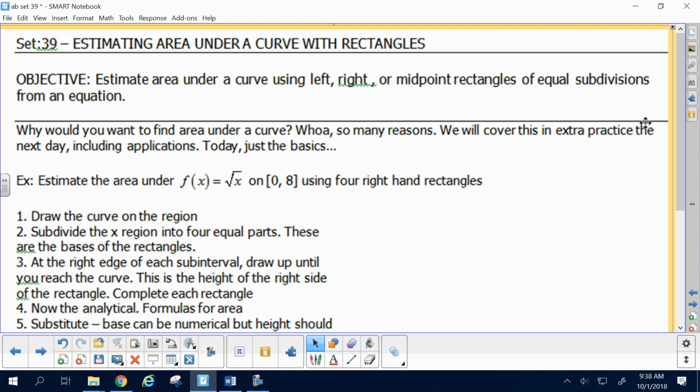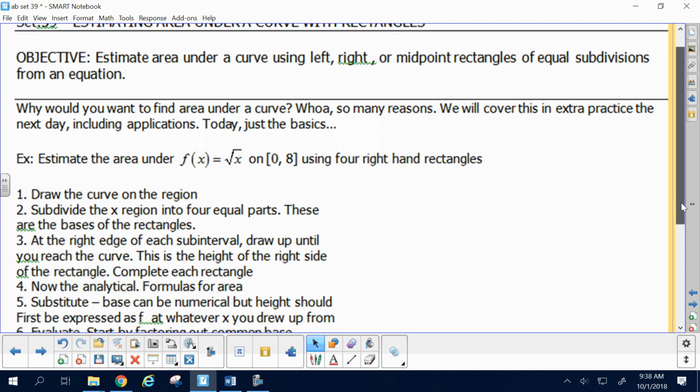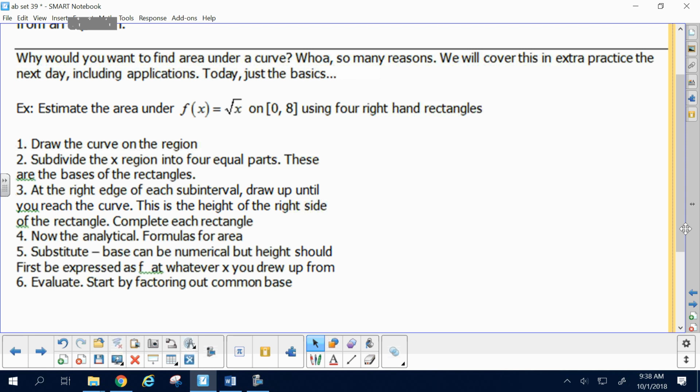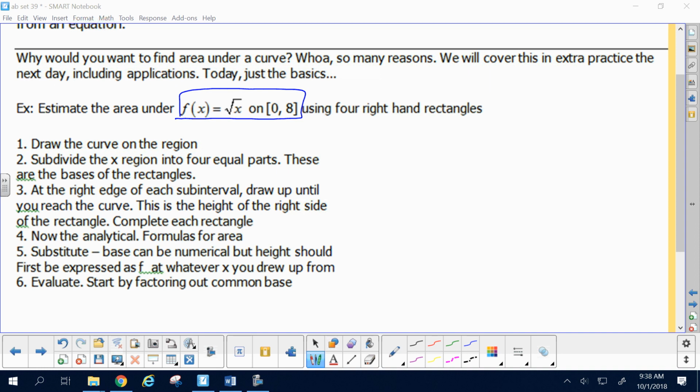So check this out. You're going to estimate area under a curve today. Eventually, with calculus, you can find the exact area under a curve. There are a couple different methods, but usually it's about rectangles. Right now, this seems like a lot of words, so let me explain with a picture. Like I said, there are so many reasons you would want area under the curve, but tomorrow we'll talk about that. Today, just basics. If you were to estimate the area under the square root of x on 0 to 8